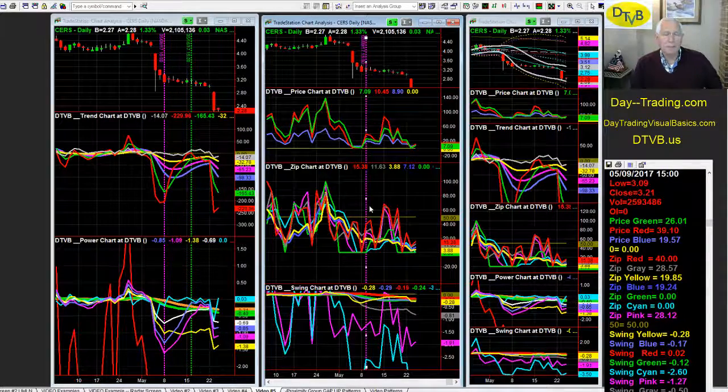and Swing Pink are your two fastest lines in the system. Sometimes one moves a little faster than the other, depending on what's going on. Both of those are leading indicators. All the other zip lines are real fast as well. But as you know, when Zip Yellow is down and under 20 and moving along, price is going down. You're in a downtrend. When it's high and above 80 and bouncing back and forth but stays above 80, you're